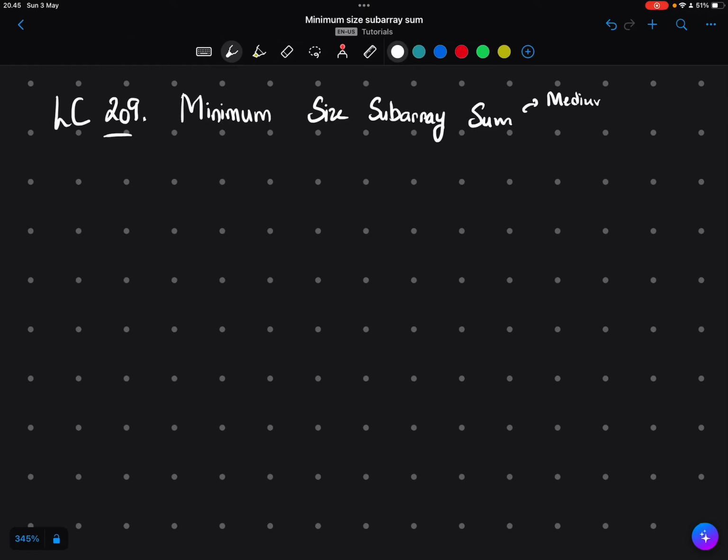Hey guys, today we'll be solving LeetCode number 209, Minimum Size Subarray Sum. It is a medium question on LeetCode. So this question in particular,